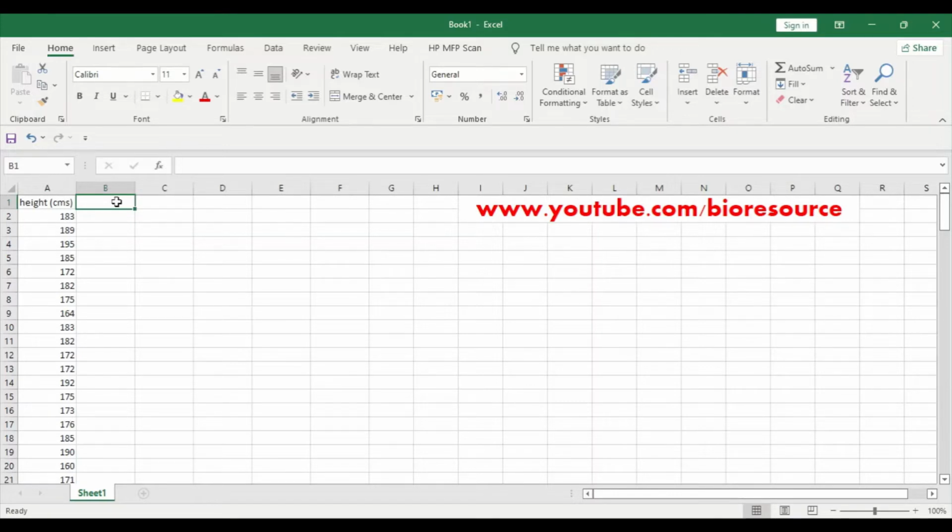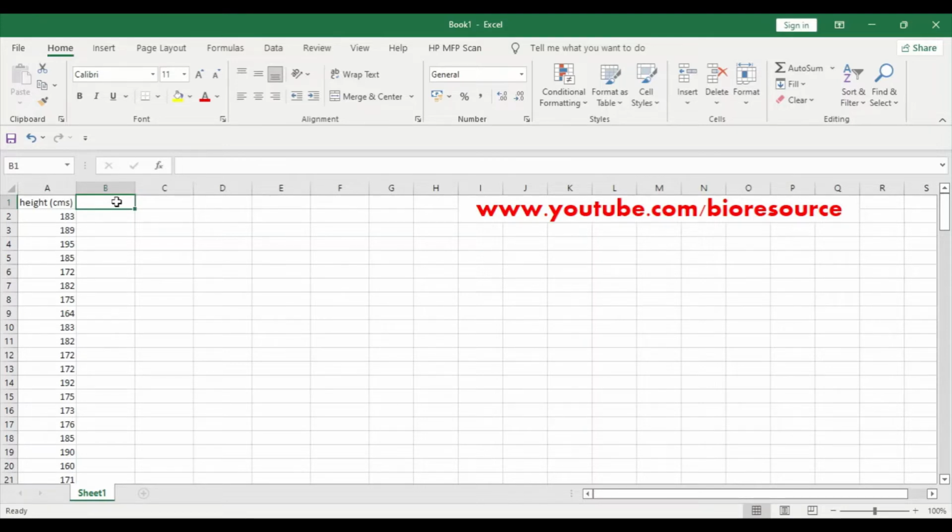In the graphical method, we can use either the histogram plot or the quantile plot. If the histogram follows a bell-shaped curve, then we can say that it follows a Gaussian distribution. And the second method is the quantile plot. So let's see how to use this quantile plot and how to plot this in Excel.